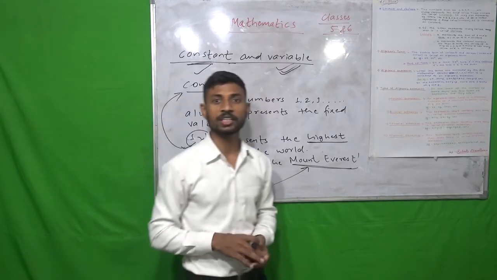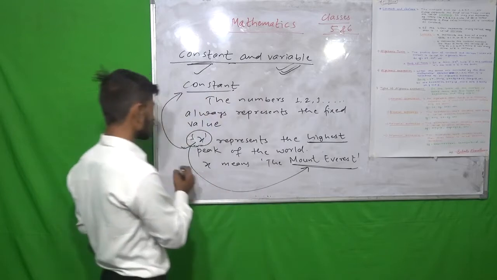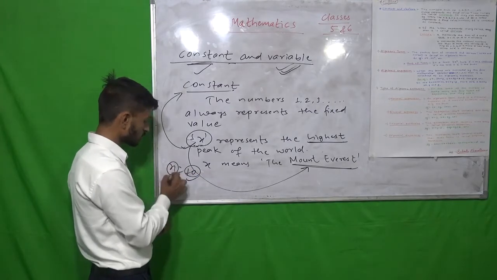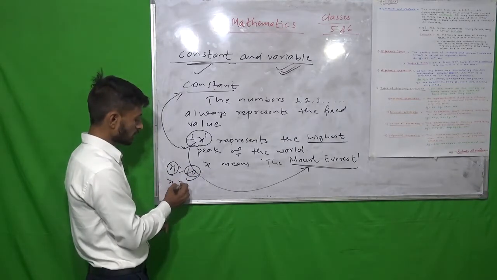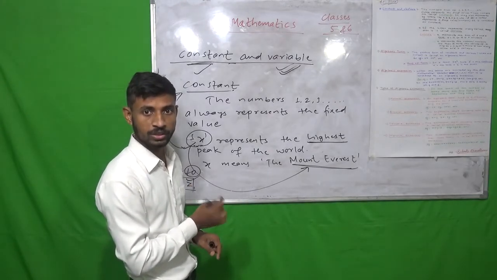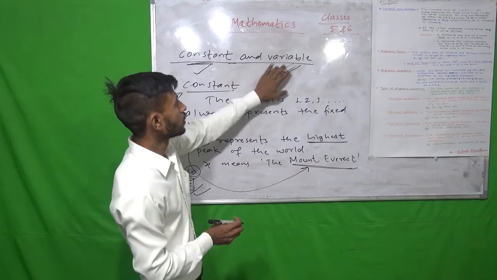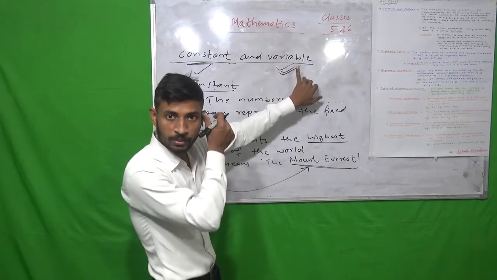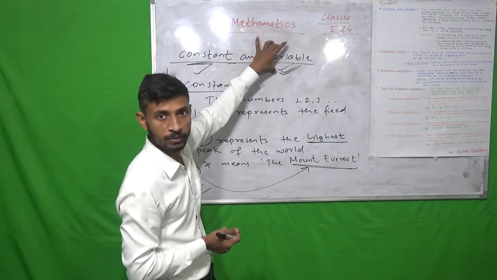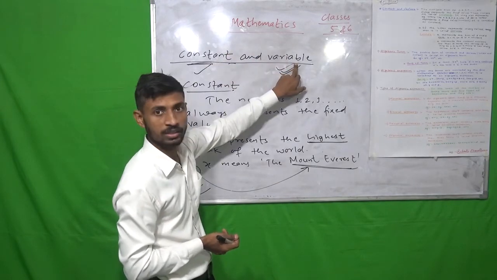Okay. X represents the number of fingers in your hand. In my hand there are 10 fingers. So here X means 10. So X is constant here. So X, Y, Z also show a constant value when they have only one value, a fixed value. But when sometimes X has many values, or sometimes Y has many values, so more than one value, then that is called variable. If only one value, then that time constant. More than one value, then that is variable.